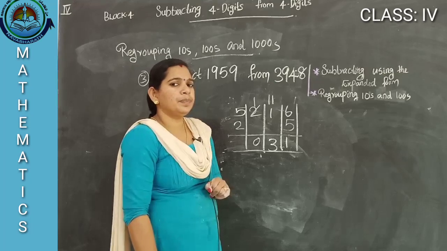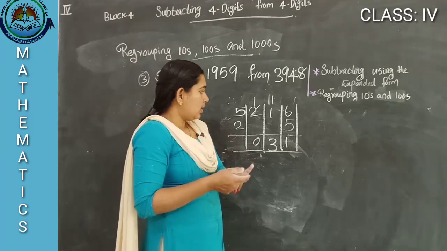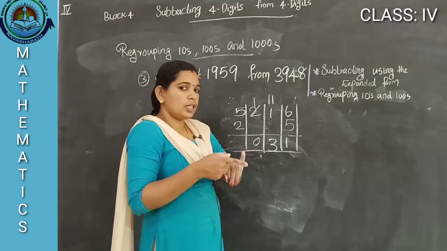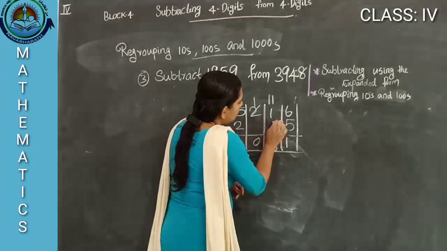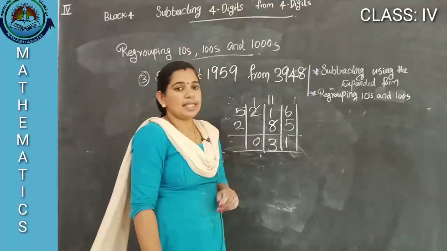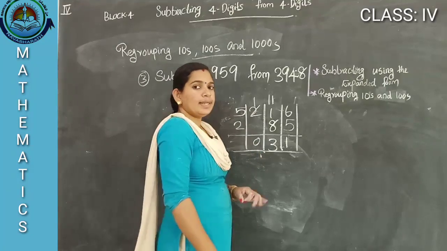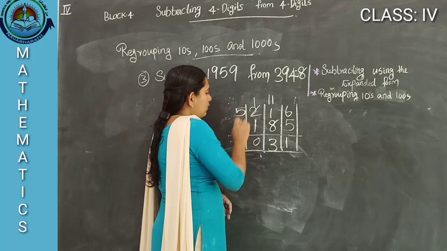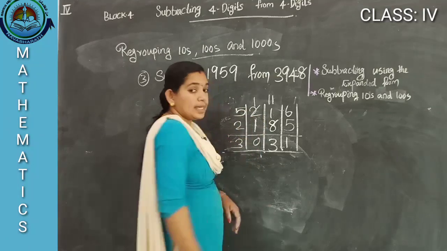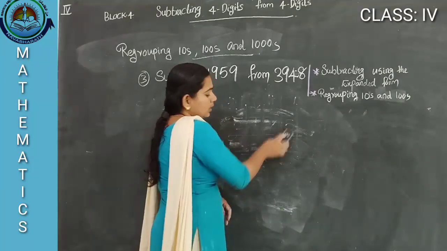Here 11. 11 minus 1 digit. What is that? 8 or 7? 8, 9, 10, 11. So 3 is the answer. So here 8. 11 minus 8 is 3. 1 minus 1 digit is 0. What is that digit? Good, 1. Then 5 minus 2, 3. The answer 3. Okay.